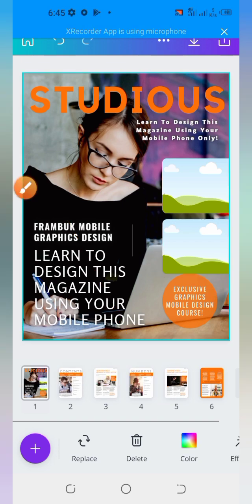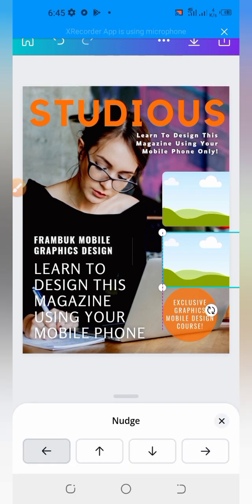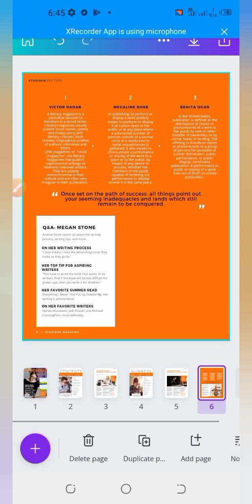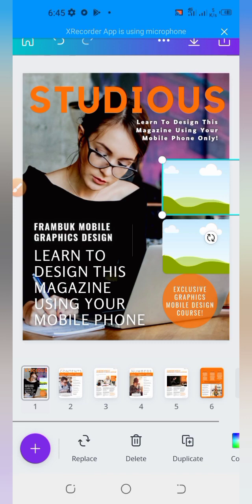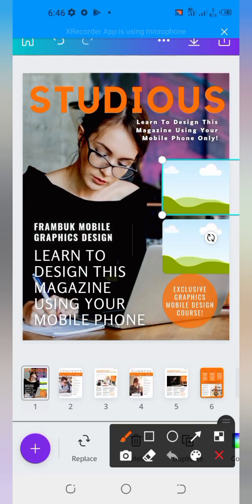So just click on the duplicate, just as I've shown you with the arrow, and duplicate. We can nudge this down with the nudge tool, nudge it in place, and it makes it wonderful in Canva. Let's replace that. Okay, let's